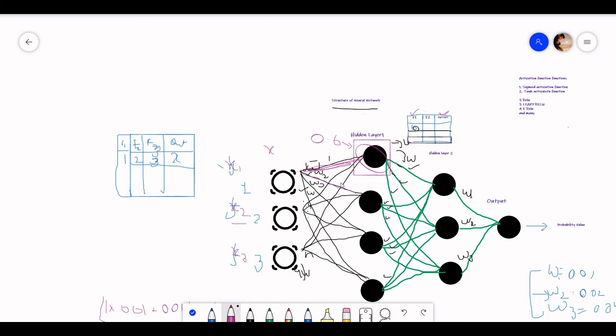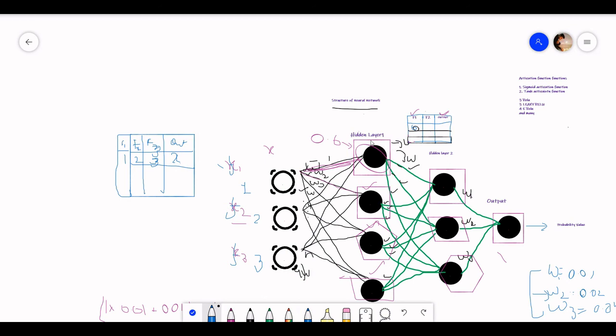Similarly, we can find this value, this value, this value, and we have to apply the activation function on all the neurons after finding these values. It can have different types of activation functions.